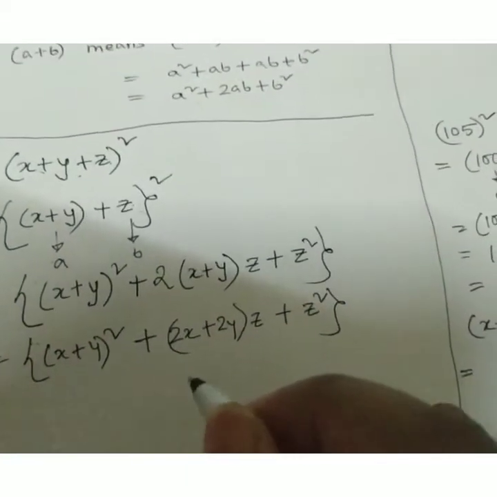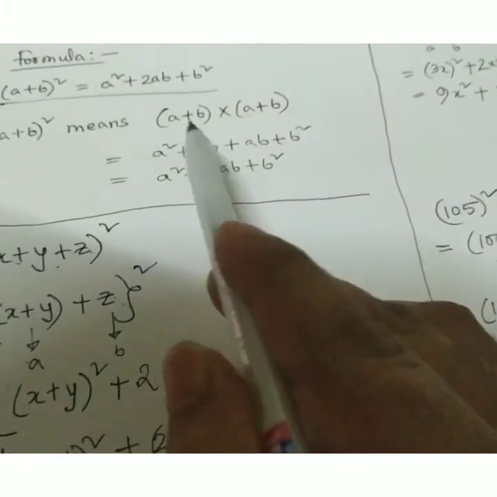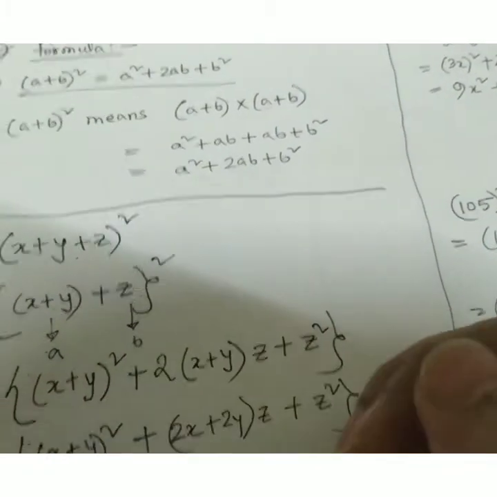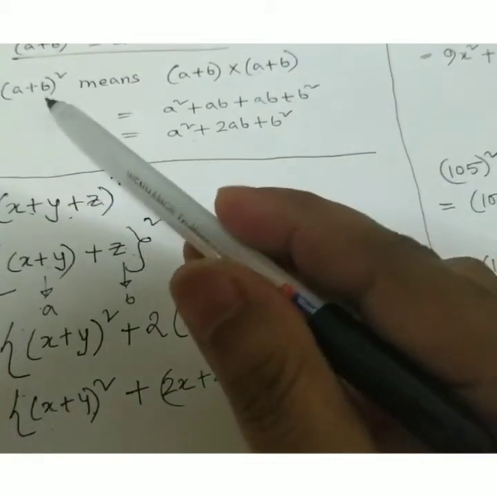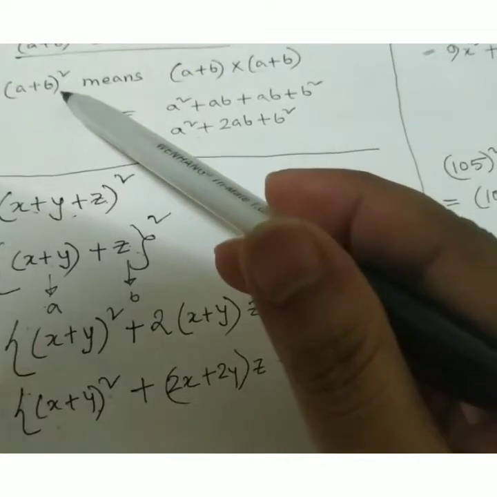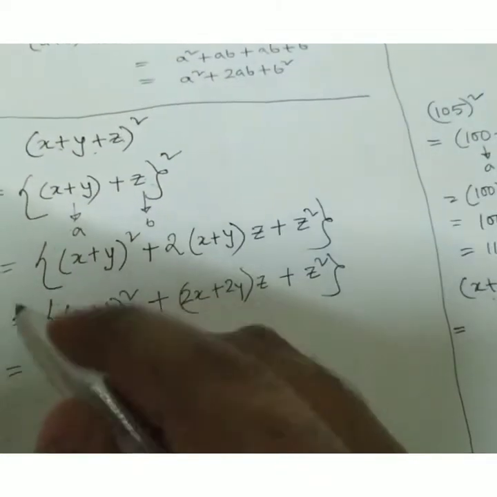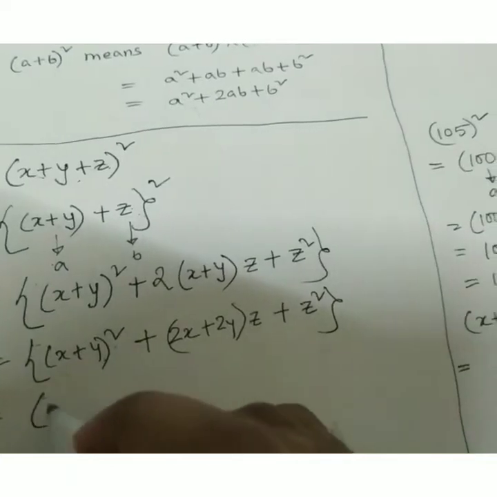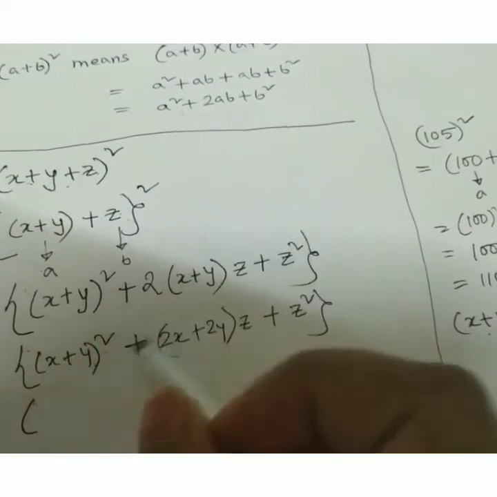Next, you see x plus y can be considered also. If you compare this with a plus b, we can break it easily, right? x can be compared with a, y can be compared with b, right? So a plus b whole square is a square plus 2ab plus b square. So what we can write, x plus y whole square can be written in the same way